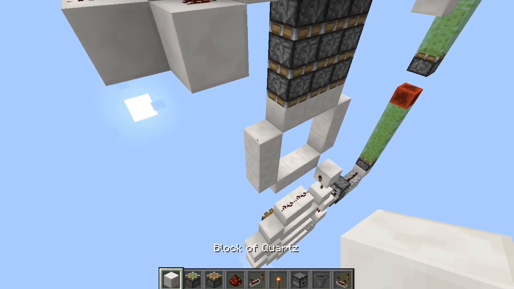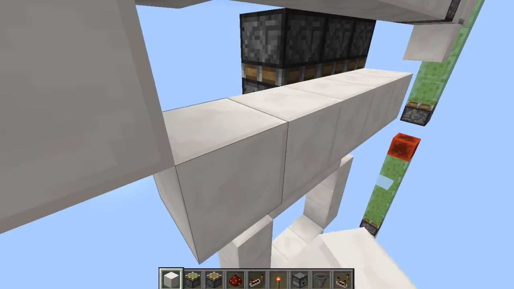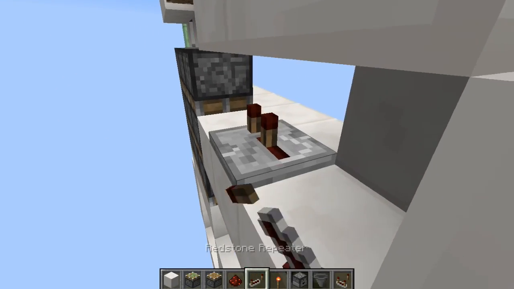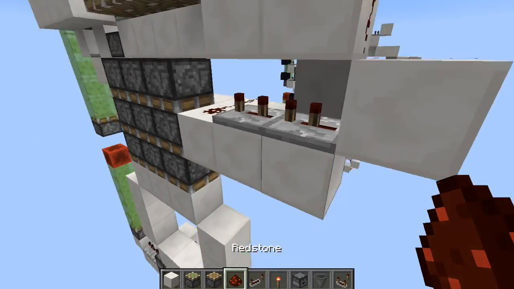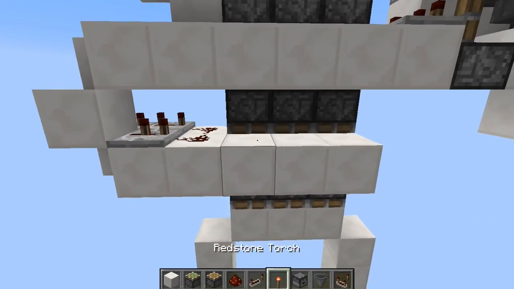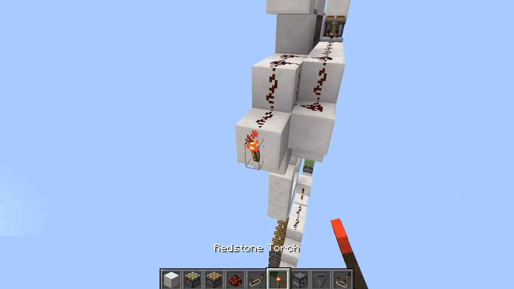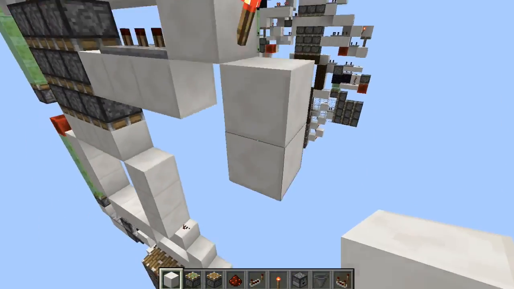And then down here we're going to run another line just like so, with blocks around like that. And we're going to place a 3-tick repeater here, two ticks right there, dust in front of that like so, and then another 2-tick repeater right here, and then just run redstone dust across all of those. So over here we're going to place a redstone torch right there, and beneath that is going to be